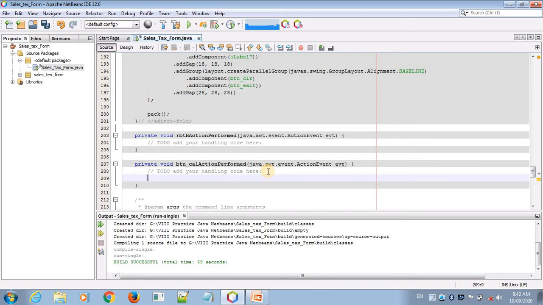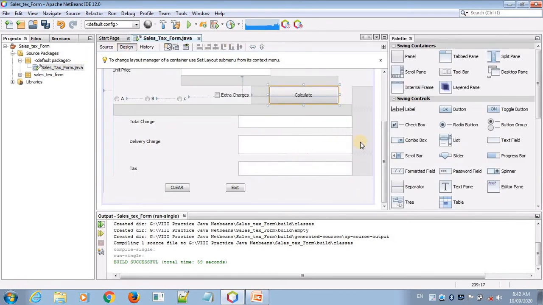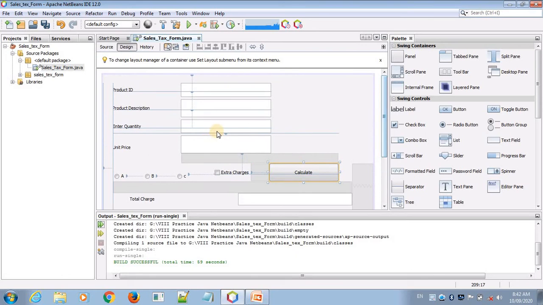First we take a variable like int, it is for QTY, that is for quantity. Inside this box I am putting quantity.